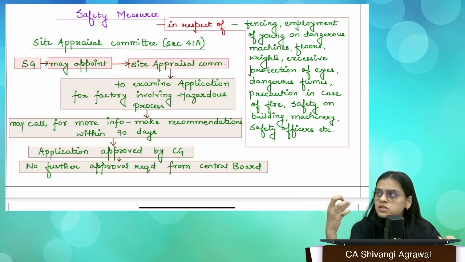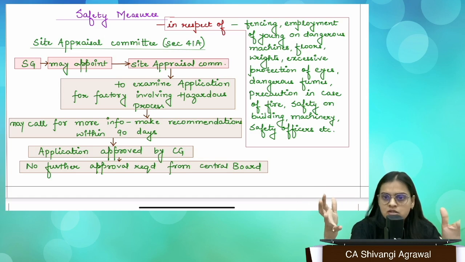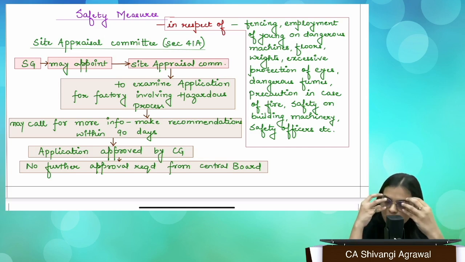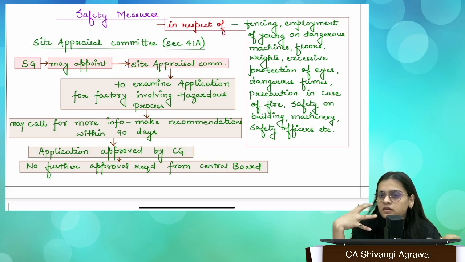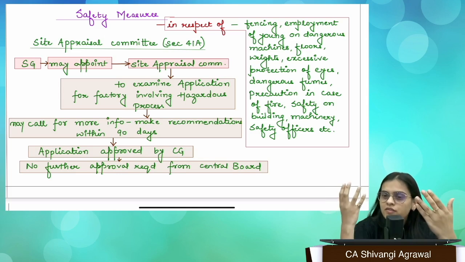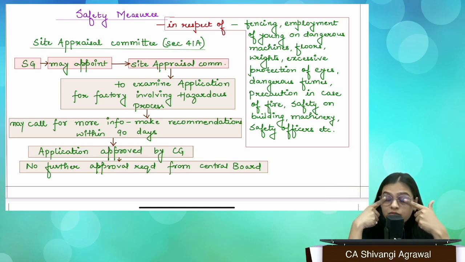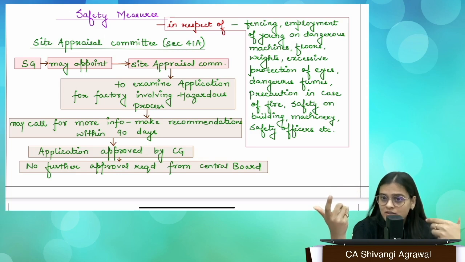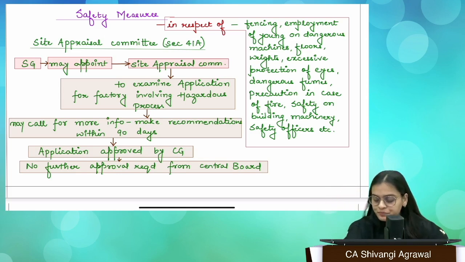Then we have explosive or inflammable gas, right? A lot of dust or fume may be generated. So what are the measures to prevent any explosion from them? How are they going to escape from that, right? You have to protect your eyes. Eye protection is very important, so for that you can wear suitable glasses or whatever. You have to consult the medical practitioner, of course. And if there is excessive light, then also you have a very high risk to your eyes, right? So you have to take care of that also.